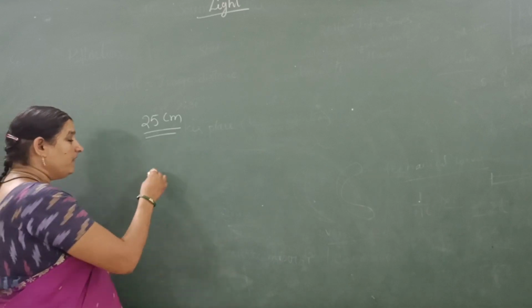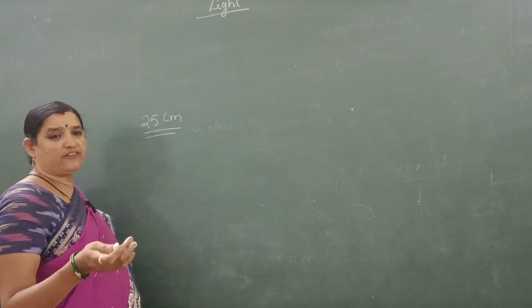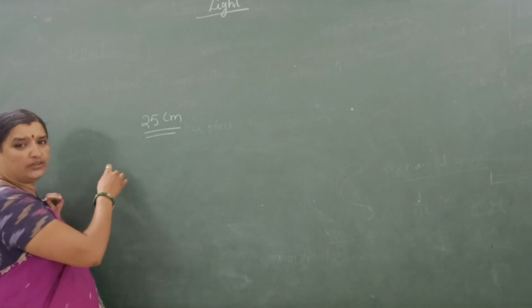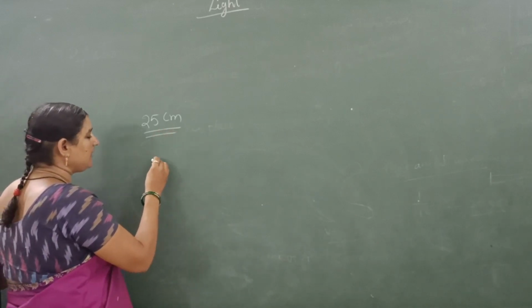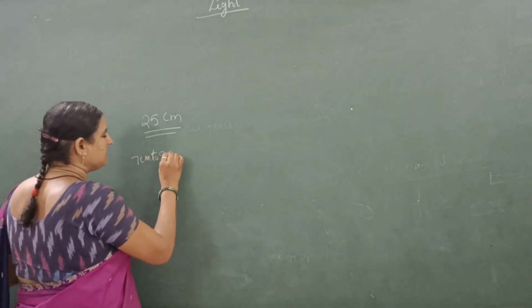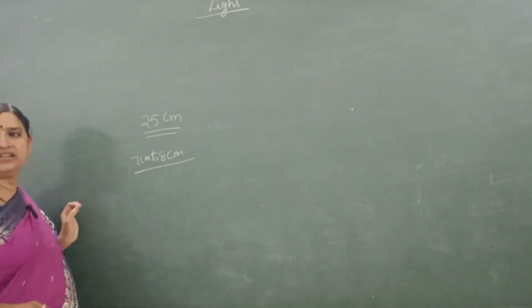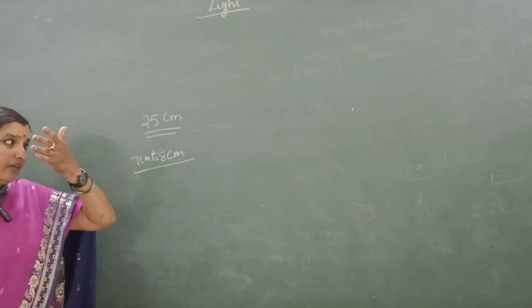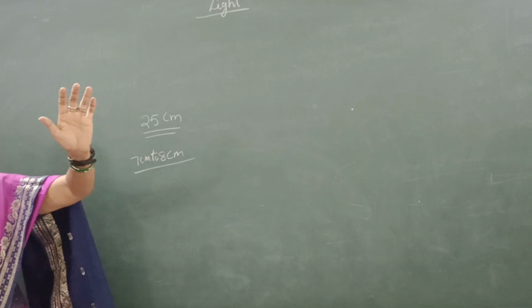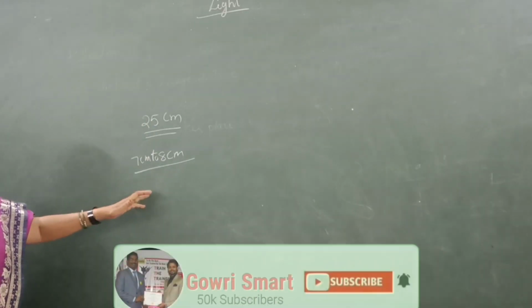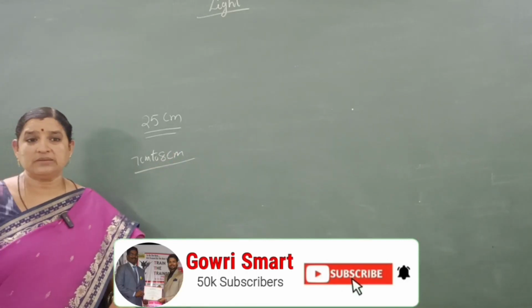It will be very short for infants, the newly born babies, aged 0 to 2 years. The children have nearly 7 centimeters to 8 centimeters. They can see the object clearly from 7 to 8 centimeters. That's why however near you keep the object, they can see clearly. The least distance of distinct vision is 7 centimeters to 8 centimeters.